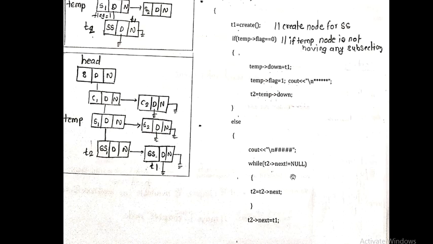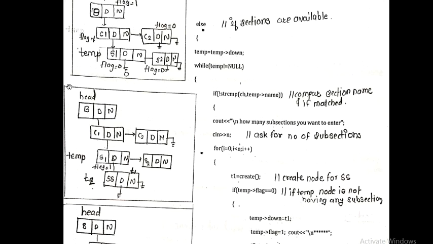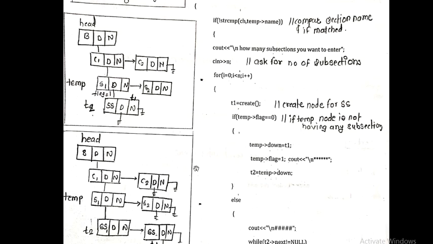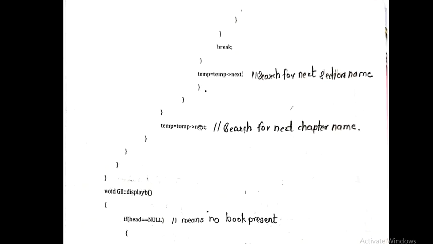If we have not matched the section name, then we have to traverse to the next section. So we say, as we are traversing sections with temp, we have to make it temp of next, right? As we have to traverse the chapters, initially we are traversing with the next field. Here temp of next traverses the chapters. So here we are traversing for the chapter name, and here we are traversing for the section name. If the section is not matched, here we are traversing for the chapter name to find out whether the chapter is matching or not, and here we have to close our function.